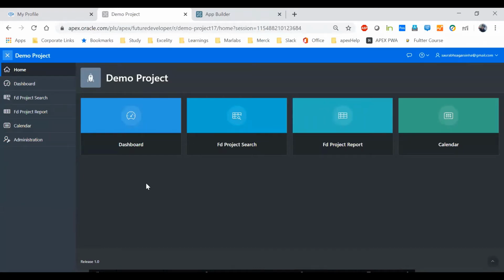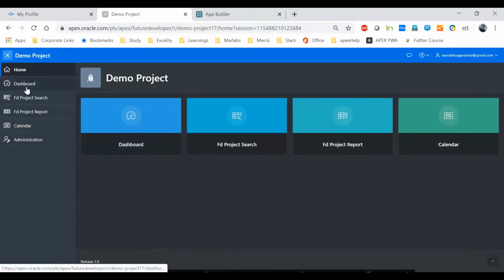And then I'll take you through each one of the components, and I'll show you how you can create that by yourself. Okay. So this is nothing but a normal report, or you can say a list type card, and we call it dashboard type. So here we have four entries: dashboard, project search, report, and calendar. The same thing we are getting here. We call it the navigation bar.